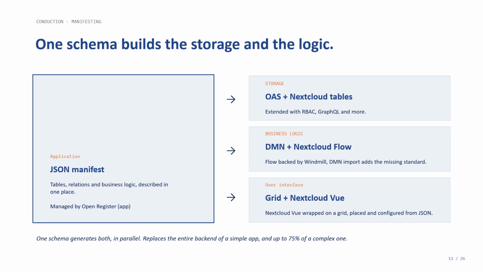Now all of these things on the right are actually JSON. That means that on the left, if we want to configure this, we can write a very large JSON file, which we call a manifest, and then every time we load the app, we load the manifest file into Nextcloud. Okay, that means that now our application has zero code. It just has a giant JSON file, and we can pass the JSON file along. We can build a store, we can send it over mail, we can WhatsApp it to a colleague. We have something that allows us to actually exchange apps.